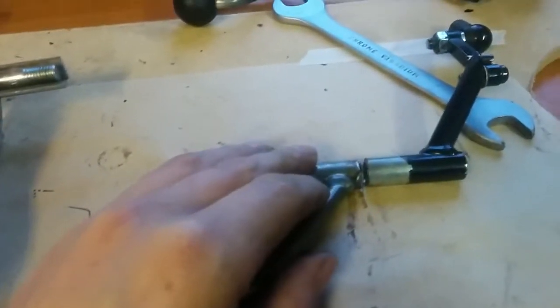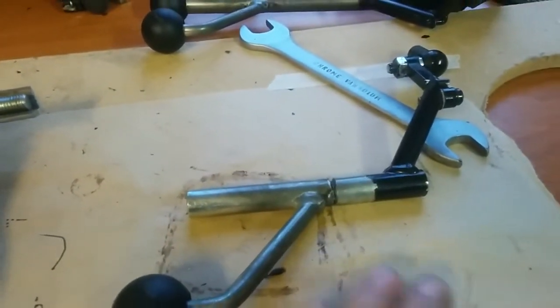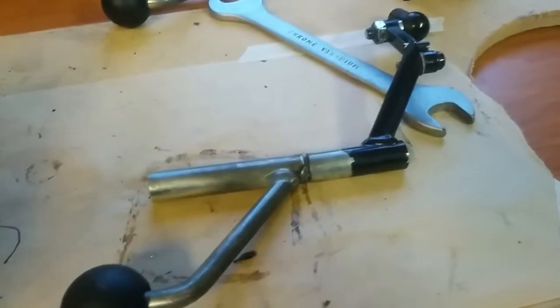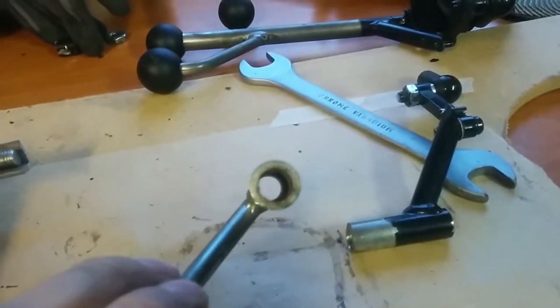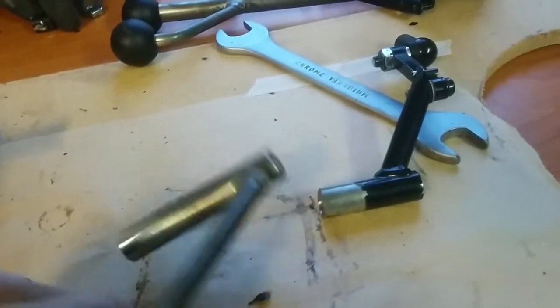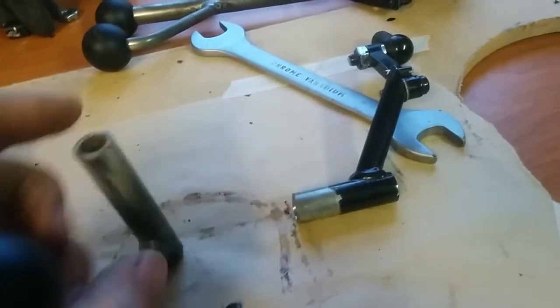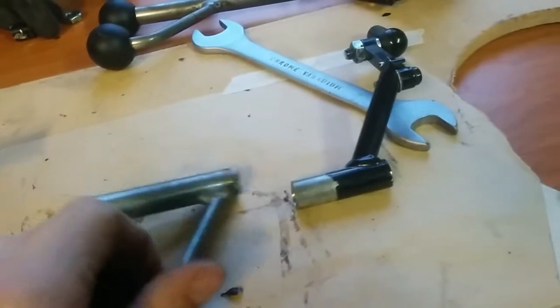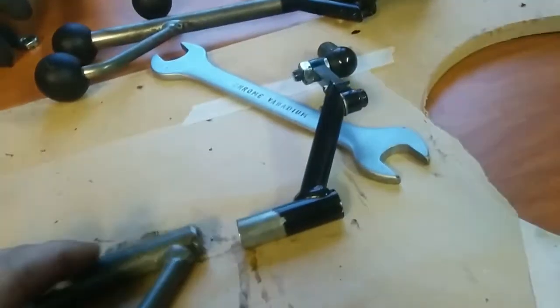So there are actually two things to consider here. If it had been one solid rod, it would have been easy: just cut it, weld it, done. But since this rod is inside the tube and needs to move freely in this one here, you can't just weld it in place, because that won't work. Also, there are actually bushings inside of this tube. It's aluminium bushings on both sides, so you need to make sure that you do not hurt those during the